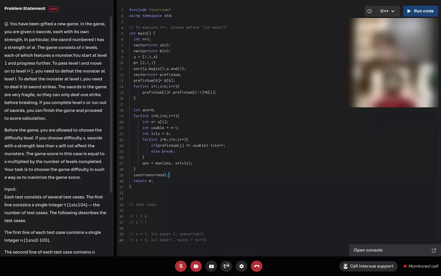Okay, I'll start with x equals 3. The level I will pass is 1 because it is less than only 2 and 3. If my x was 4, it will be 0. So yeah, 3. Okay, I think I got it from the diagram.